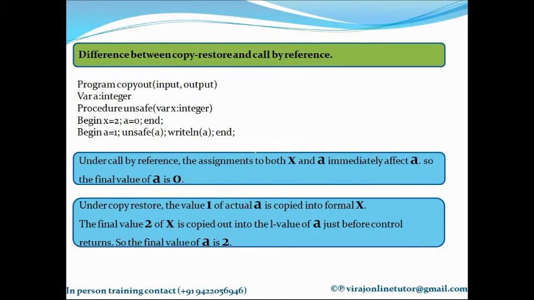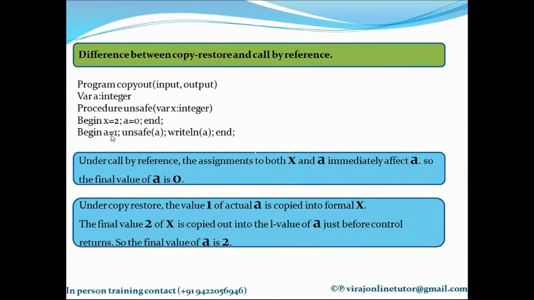0. How? Initially it contained 1, but since I pass the address here, whatever changes I do for X also get reflected in A. So I assign X to 2, and 2 has overwritten the 1 value. Then I assign 0, and 0 has overwritten 2. There was just one memory location; X and A both were pointing to the same memory location.